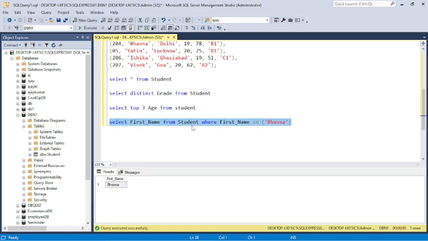Then we can see that it is present in the table, Bhavana, so it will show the name.